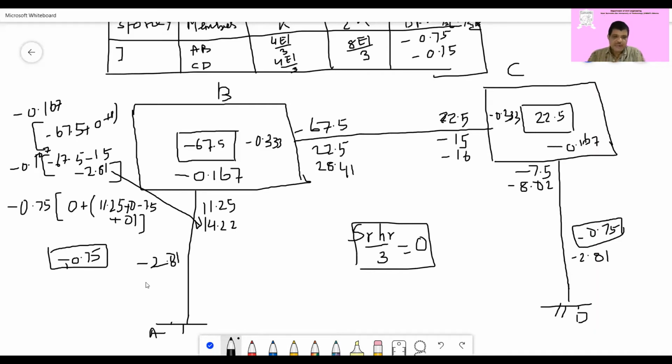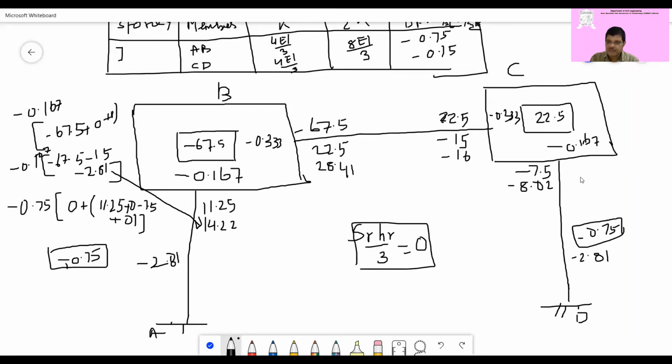Now minus 2.81 is the moment at the column end AB. So we are finding this value M dash AB. Similarly, you can find the M dash BC from the column side. So from this end also there is now a contribution of minus 2.81, because of the story displacement. So these contributions also come here in the second cycle. What will the value be now? So here this value will be equal to